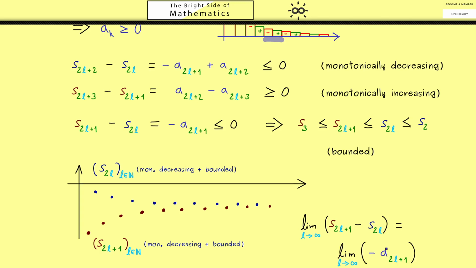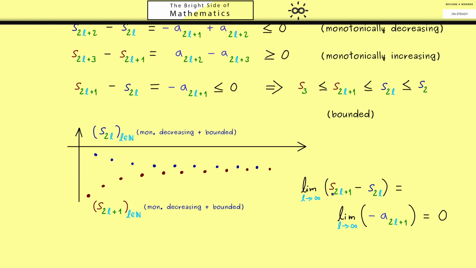We already know it's simply given by a sequence member A. Therefore, when L goes to infinity, this sequence goes to 0. So here we put in our assumption about the limit of the sequence AK. Okay, so there's only one limit and we can call it S. So at this point, please recall that we wanted to show that the sequence Sn is convergent.